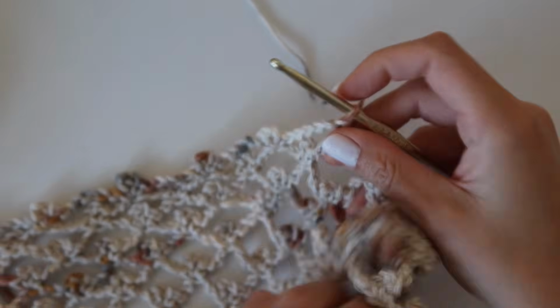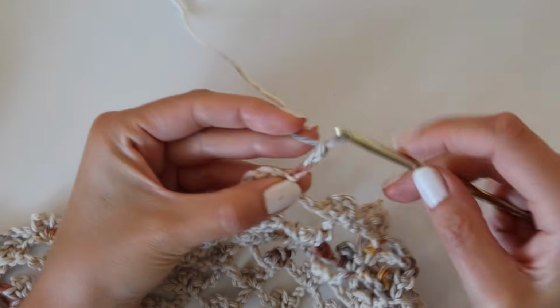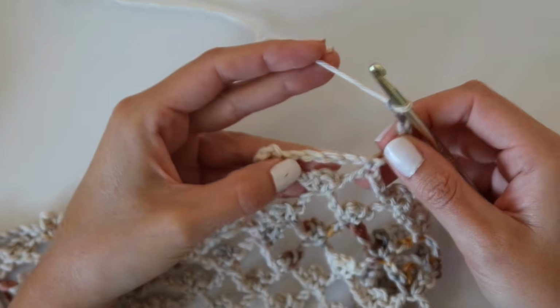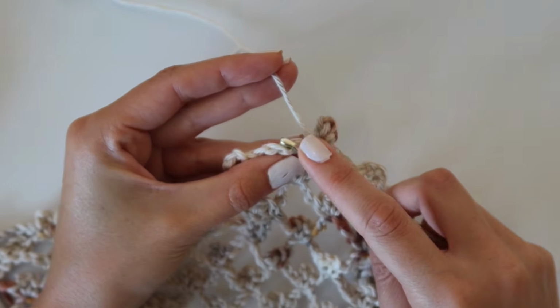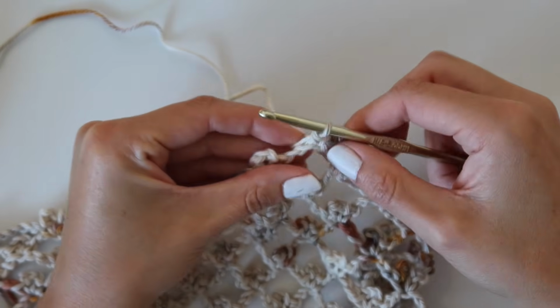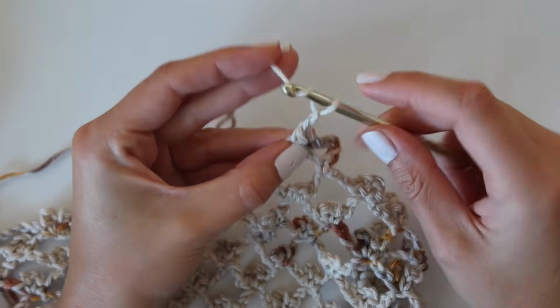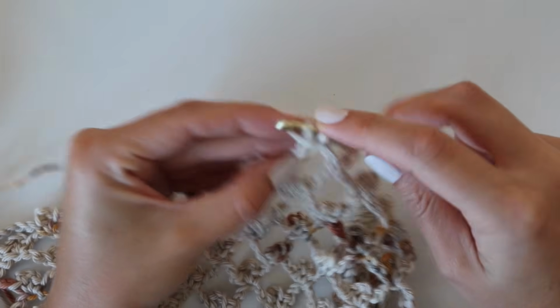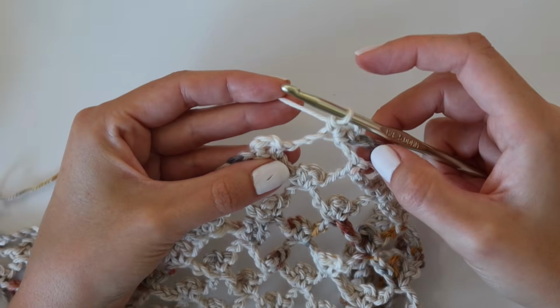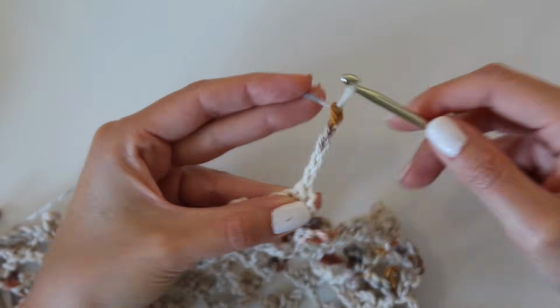So we have 5 picots and 2 single crochets, and so that was row 35. And then for row 36, we're just going to go directly back into our regular pattern repeat. So start off with a chain 5 and then work a picot in that very first center chain of the chain 5. And then just do your regular pattern repeat all the way across until you get to the end of the row. And then you can go ahead and change colors